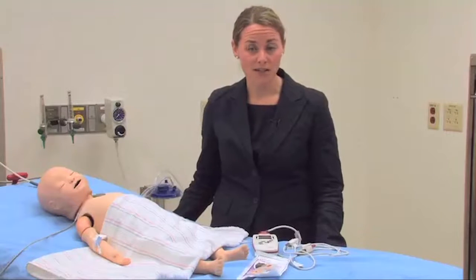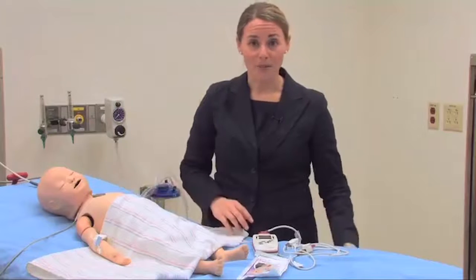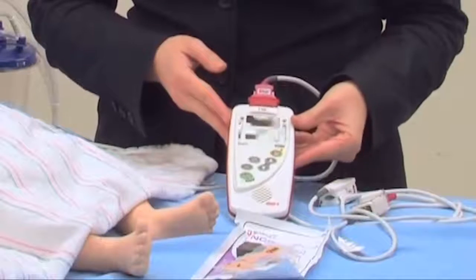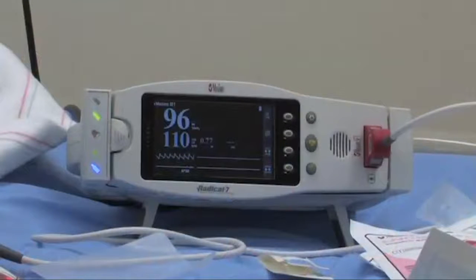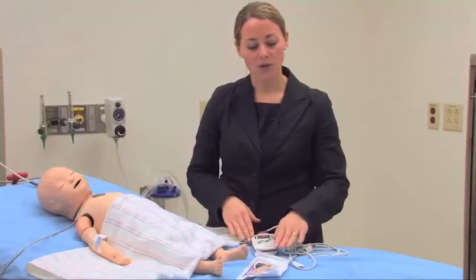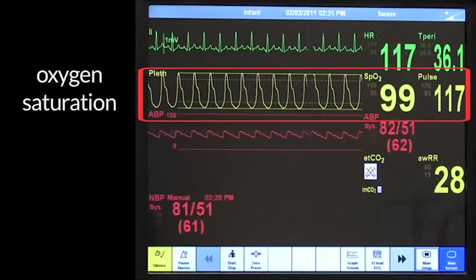So there are multiple types of pulse oximeter machines made by many different manufacturers. They're all very similar, and you should use whatever you have available in your institution. They have handheld monitors. There are also bench or tabletop monitors like the one you see in this picture. You could also use these pulse oximeter probes, like we have here, to connect to your bedside monitor, as you